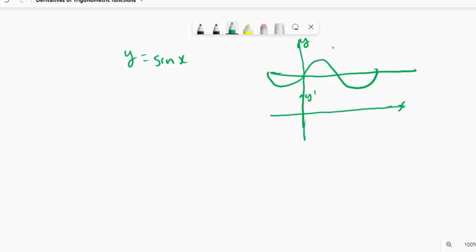This is the derivative. So the derivative at this point here is 0. The derivative at this point is 0 because it's a vertex. The derivative at this point is 0. The derivative at this point is diagonal, slope is 1. The derivative at this point, slope is -1. The derivative at this point, slope is 1. So the graph is